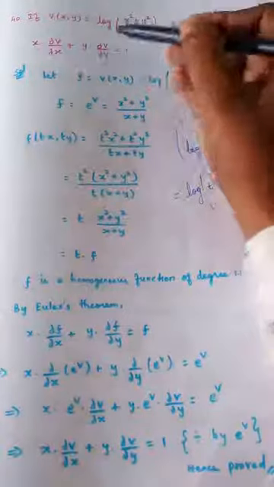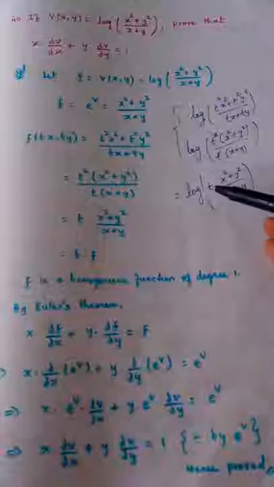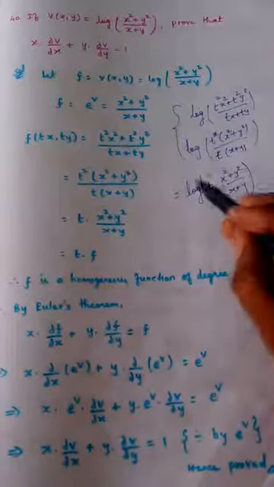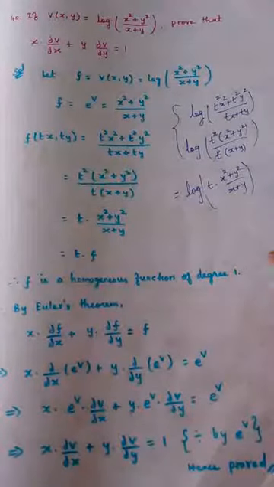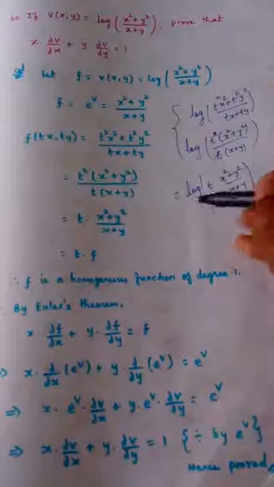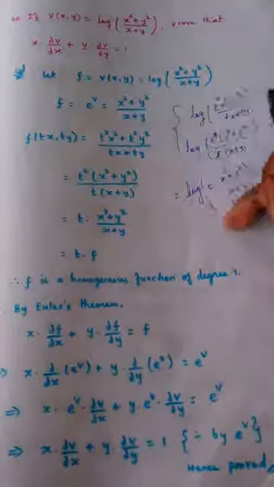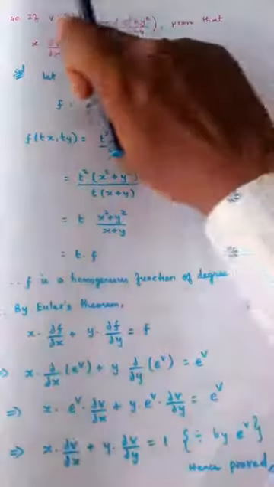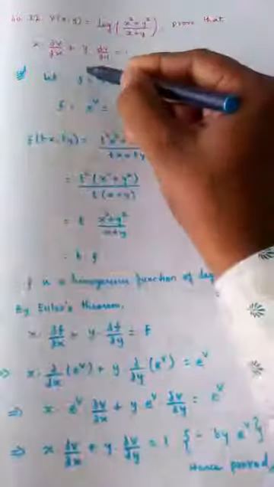If I directly do tx, ty, the simplification will go like this. This t cannot be taken outside the log. So that is our problem. Only if t comes separately outside can we say it is a homogeneous function of degree something. So in order to avoid this kind of situation, for this logarithmic function alone, we are defining a new name called f.